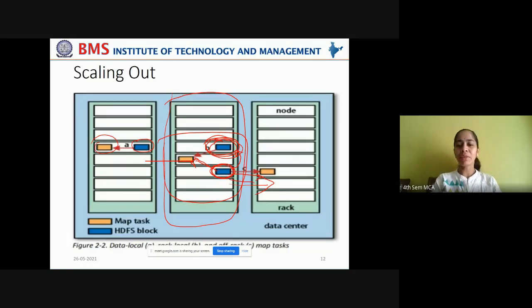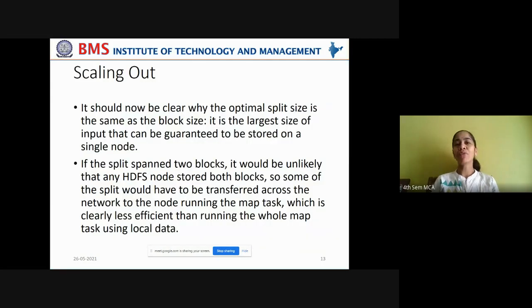And that is shown in this case, C, it is labeled as C. It involves some data transfer by utilizing the network bandwidth in order to perform the map task. Because on the same rack, on a different rack in the same cluster, the data nodes are very busy with other map tasks. So you have to transfer the HDFS block onto a different data node in a different cluster in order to perform the map task, right? This is how we need to manage if the data nodes are busy with more map tasks.